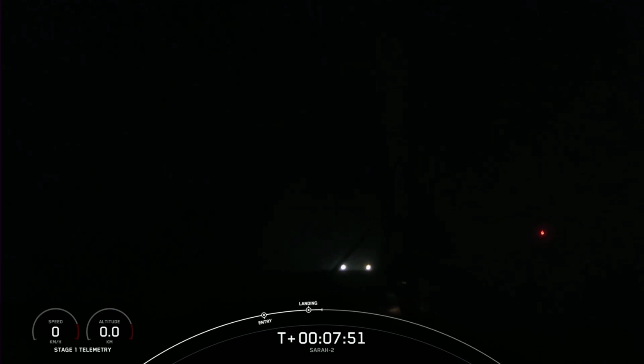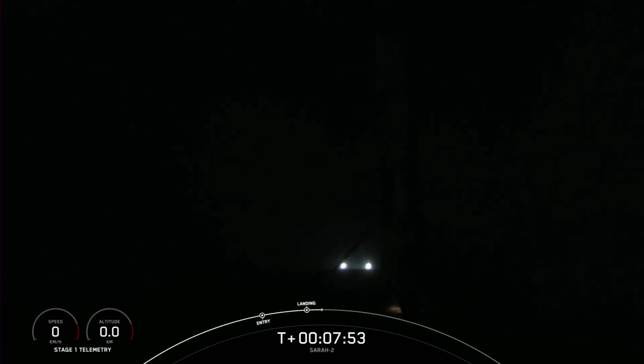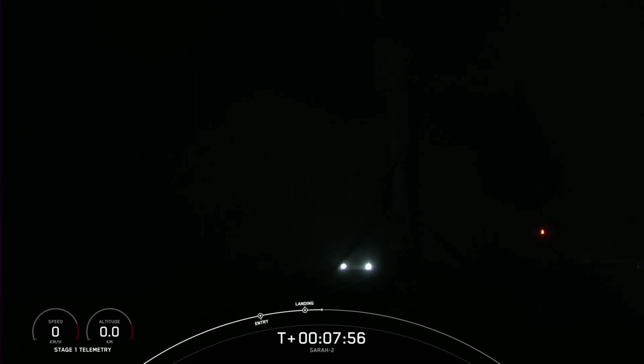And what an excellent view there of Falcon 9 touching down on landing zone 4. This marks our 200